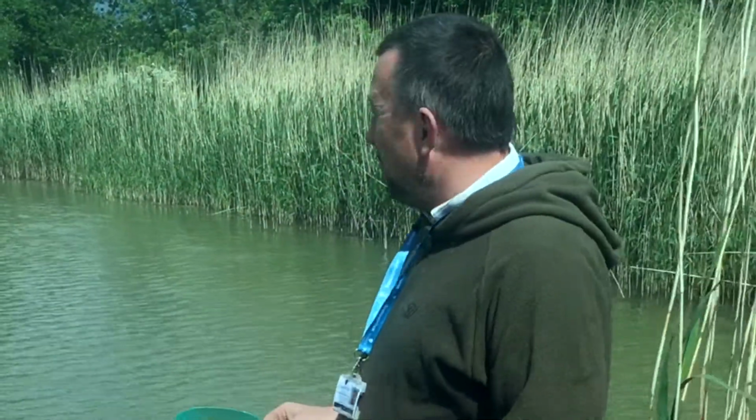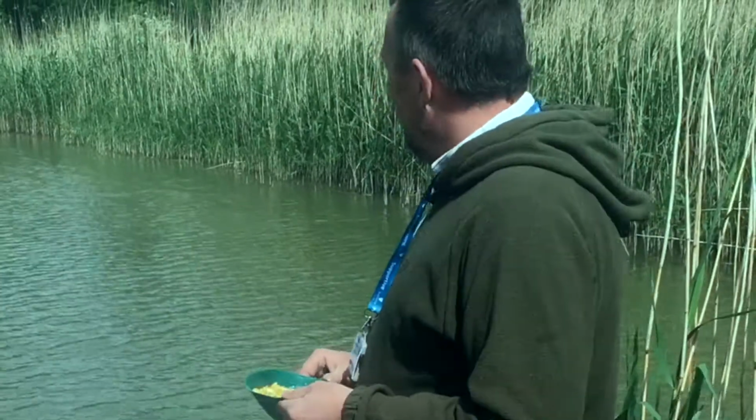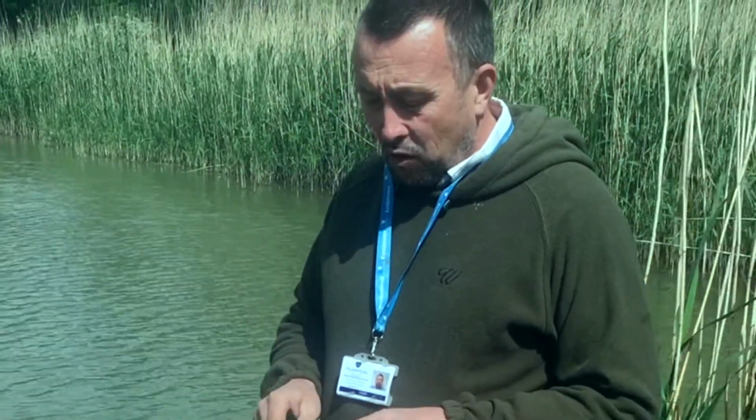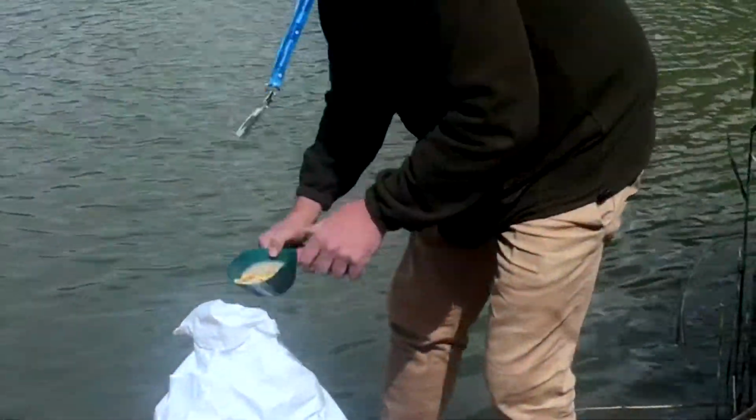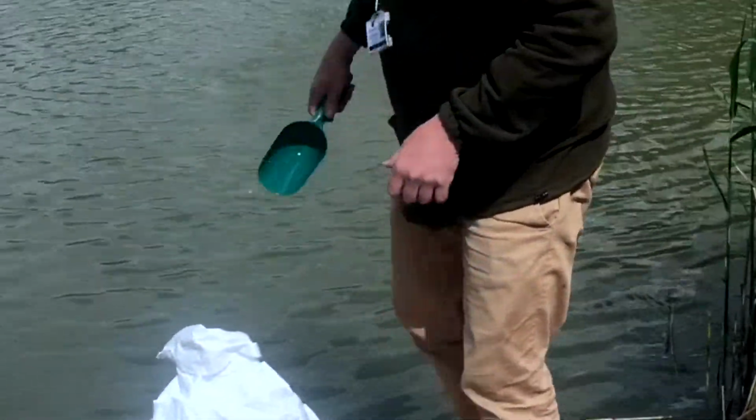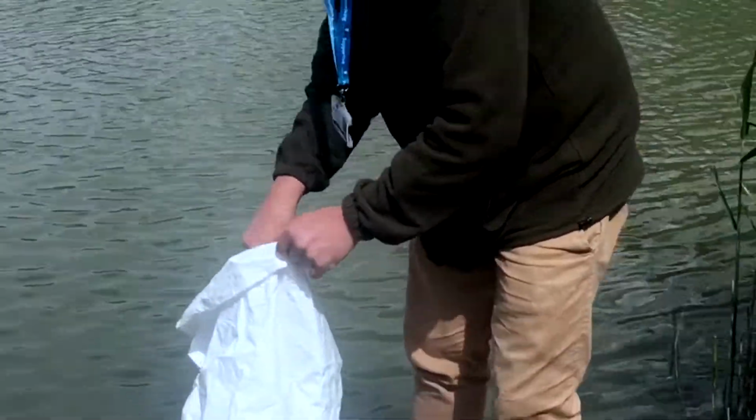We're today walking around our college fishery, doing a bit of supplementary feeding during the COVID lockdown. This is so we can provide a little bit of extra food which is normally supplemented by anglers or done by students on routines. So we've got a bit of whole maize today, just going to throw a bit of that out. This is kind of best practice really, because it provides them with a little bit of extra nutrition